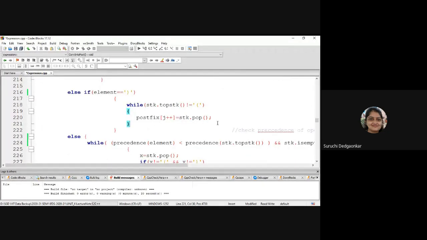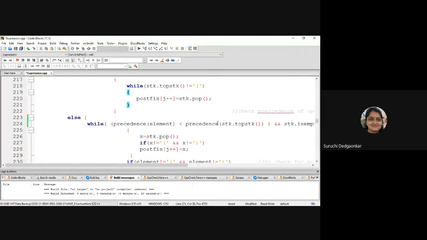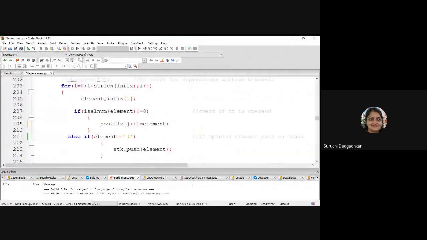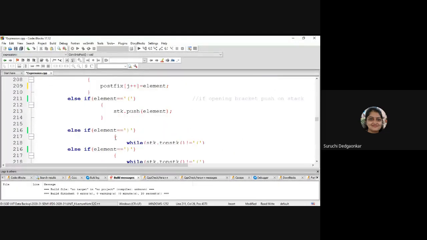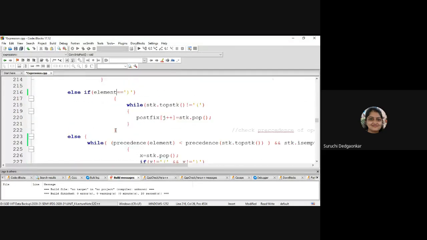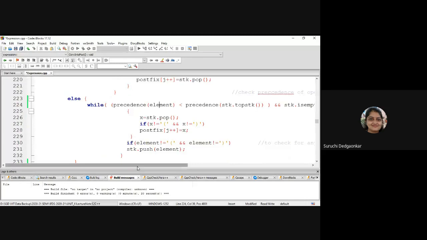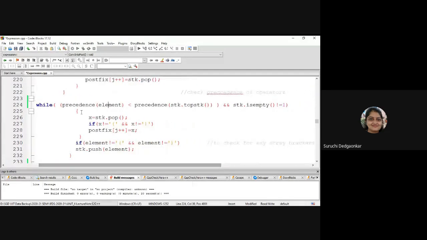Then if it is not an operand, not an opening bracket, and not a closing bracket, that means it is an operator. Then we are comparing the precedence of that operator. The precedence of the element is compared with the precedence of the top of the stack.